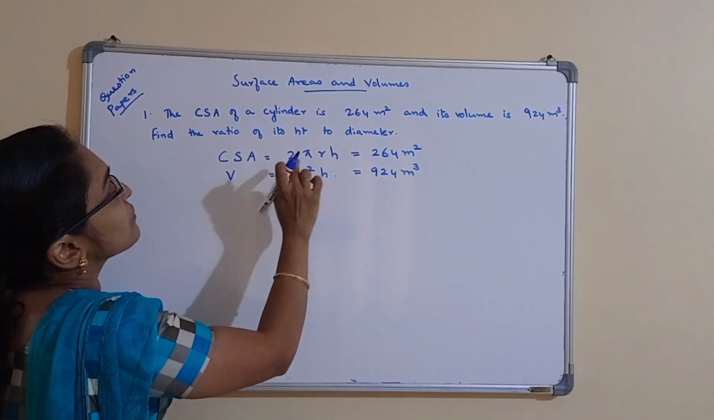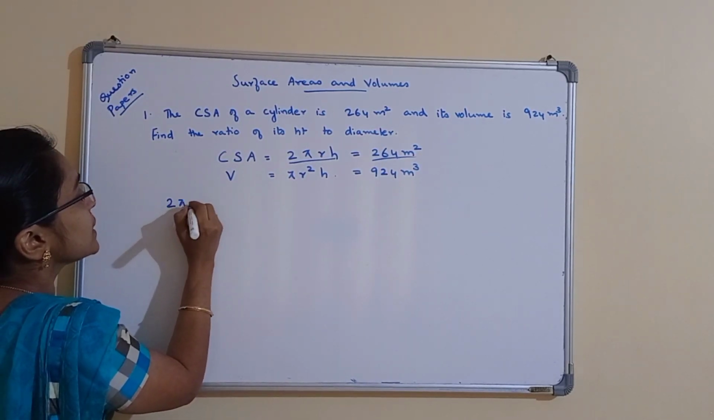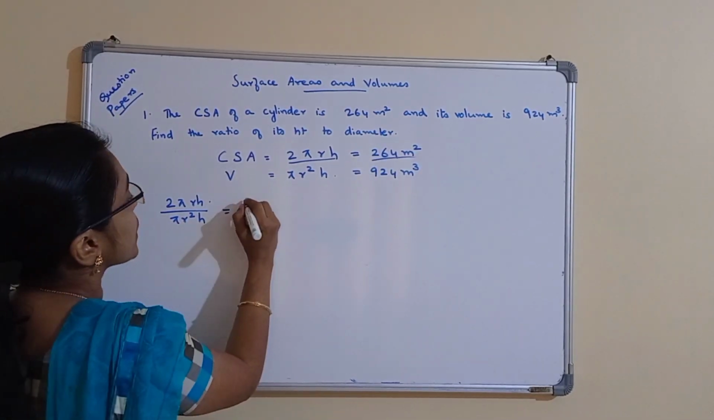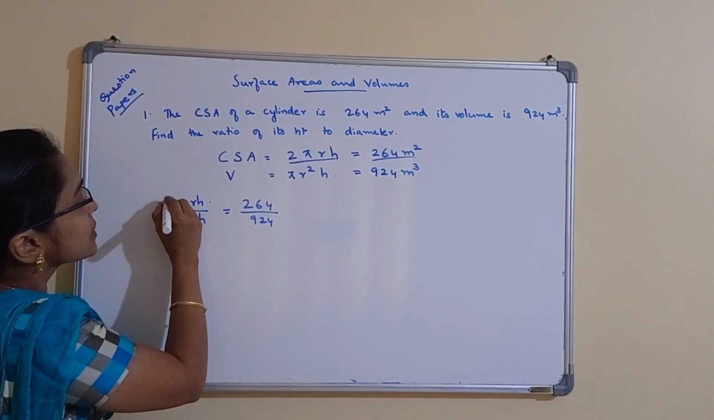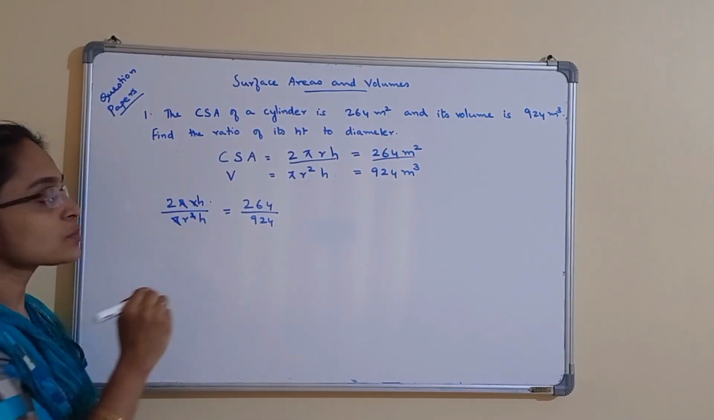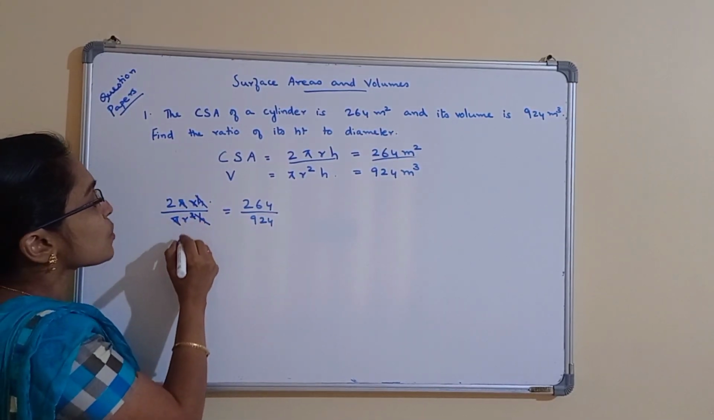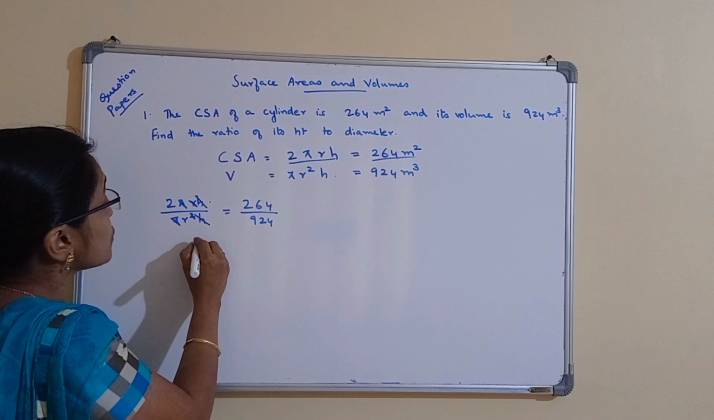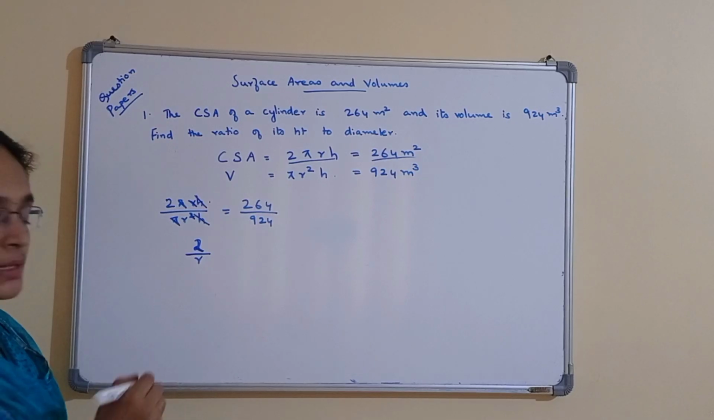So for that we can divide this. If we divide this, we get 2 pi RH by pi r square h is equal to 264 by 924. Right? Now this pi will get cancelled. 1 r from this and 1 r from this will get cancelled, and 1 h from both will get cancelled. So what is remaining? Sorry, it is 2 by r. 2 is there here. So 2 by r is equal to